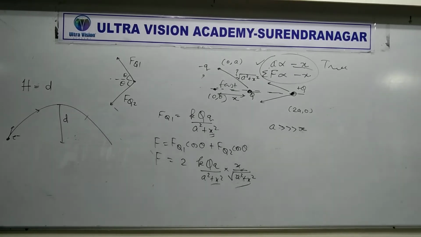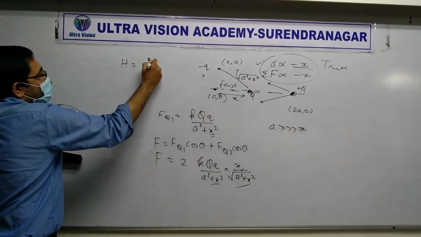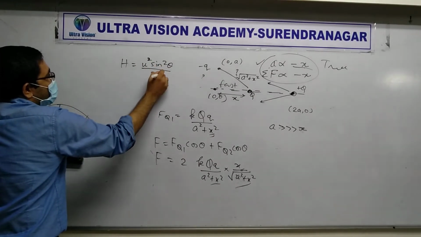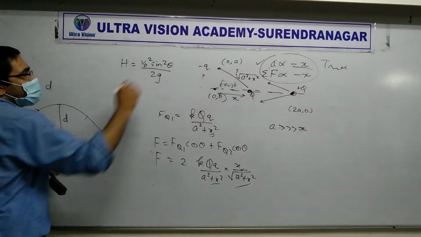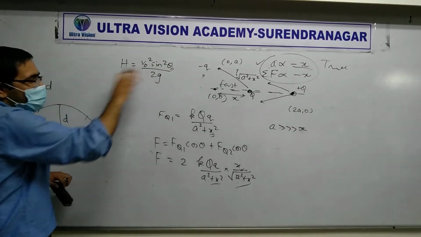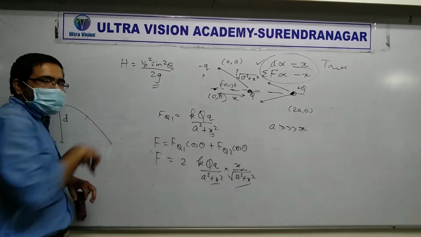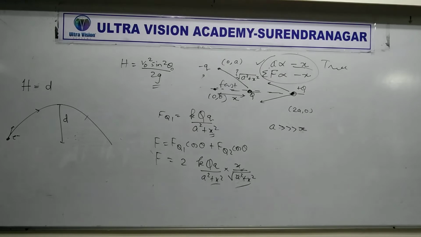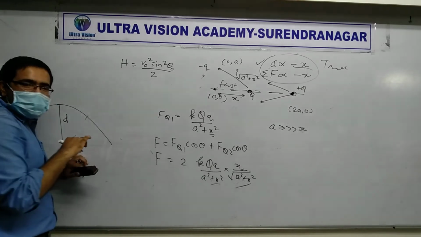Yes, Kevin: u squared sin squared theta by 2g. Say that again. H is equal to u squared sin squared theta by 2g. I used to write v0, so v0 squared sin squared theta0, the initial angle, by 2g. Correct. Sit down, well done. Now this is the formula of maximum height, but there is a slight problem. This was gravity. So instead of gravitational acceleration, do you realize we should write electric acceleration?